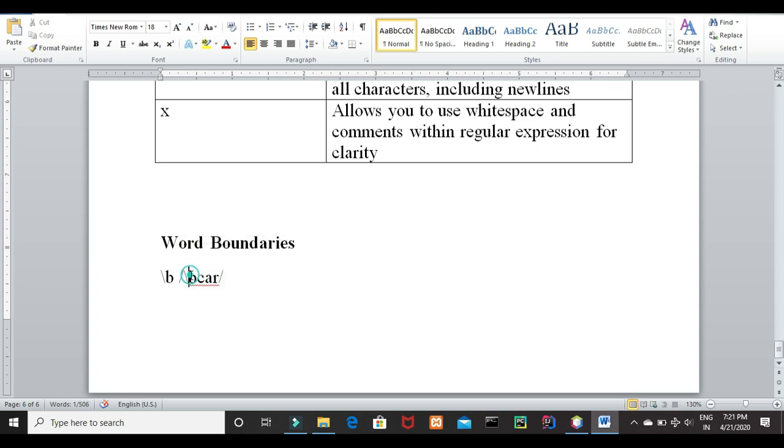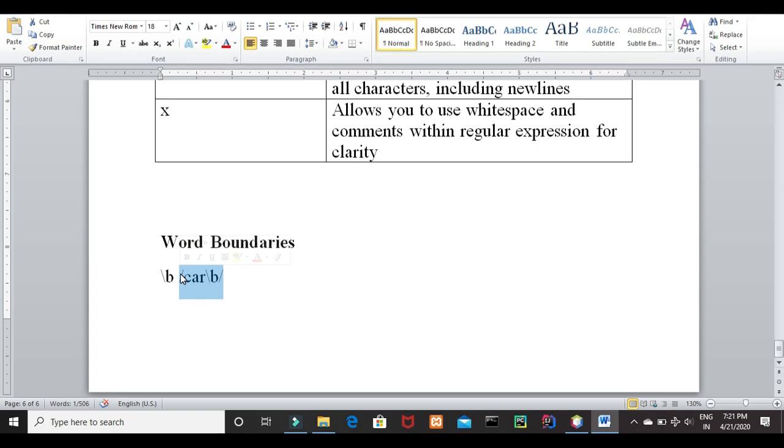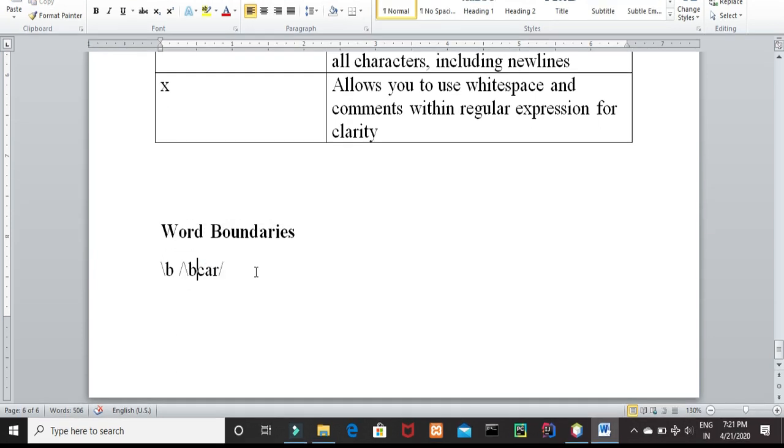But if I put this at the end, this regular expression matches the words ending with the pattern car. It would match words like scar, Oscar, supercar, etc. And the other will match words like cartoon, cart, carrot, etc.